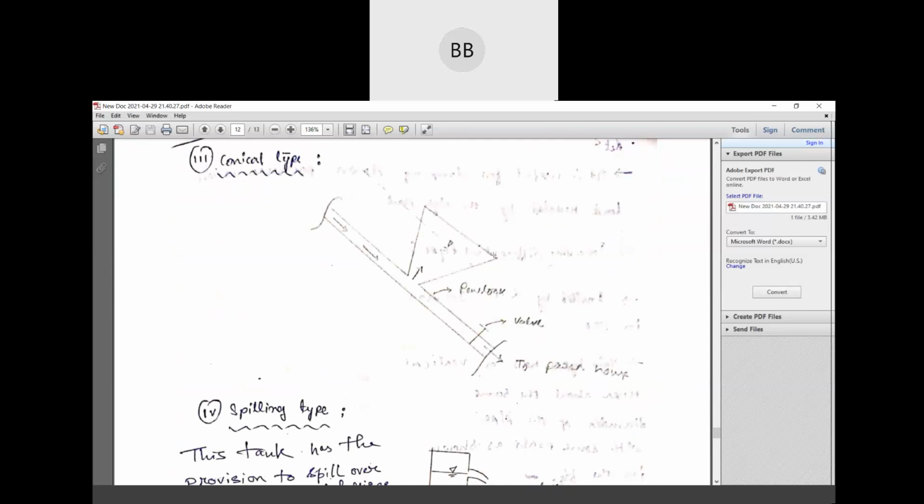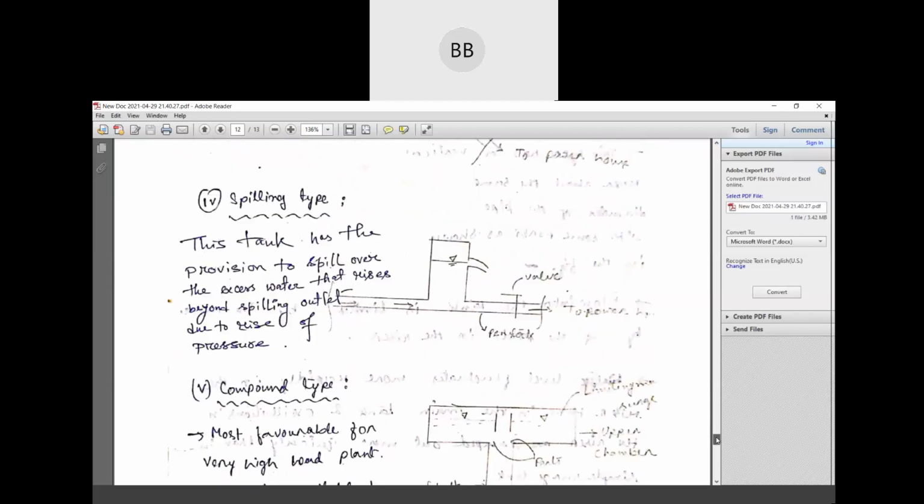Then there is the conical shape. So what is the advantage of conical shape? When you go for a rectangular one, it takes higher cost. Here, when you construct a conical shape, that means you are reducing some amount of area. So these are the small advantages. Spillway: in other cases, the topmost portion is exposed to atmosphere. Here it's covered, so that's why we have provided one spillway, so that when the water flows back through here, it acts as a spillway.